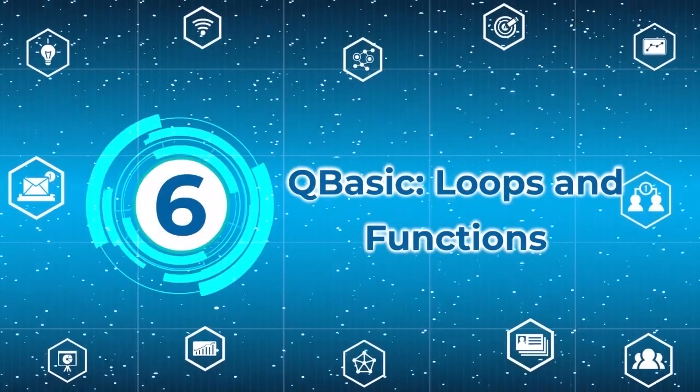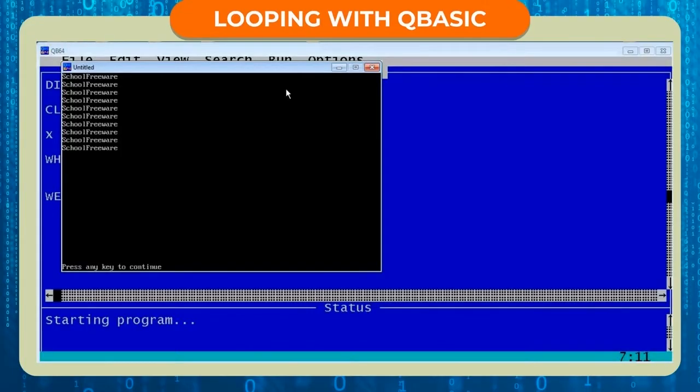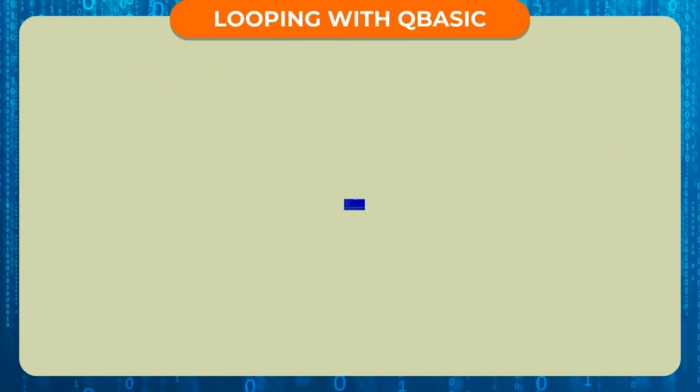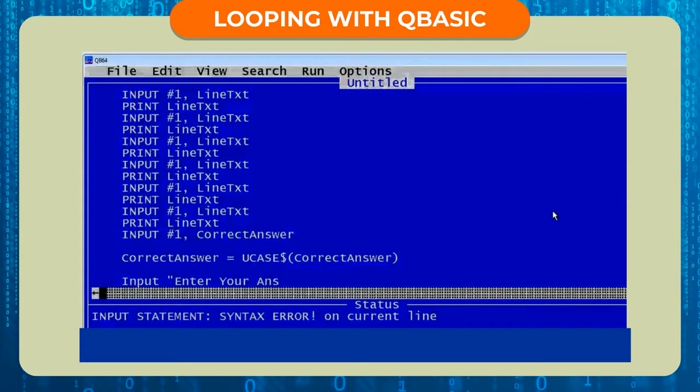QBasic, Loops and Functions. Looping with QBasic. A loop is a sequence of instructions that is repeated until a condition is satisfied. A loop in programming helps us to simplify our work by executing the same set of instructions again and again